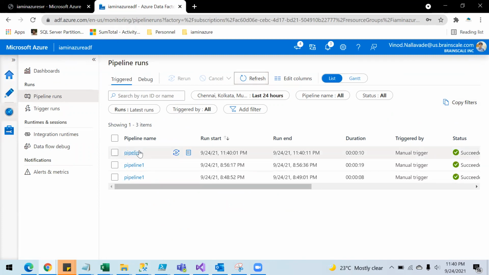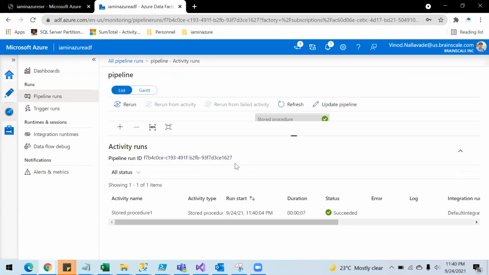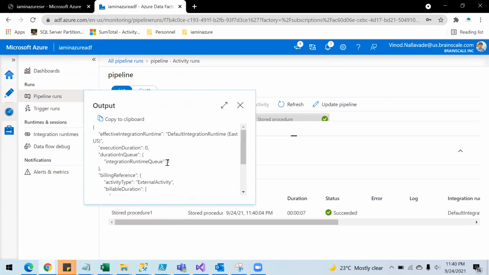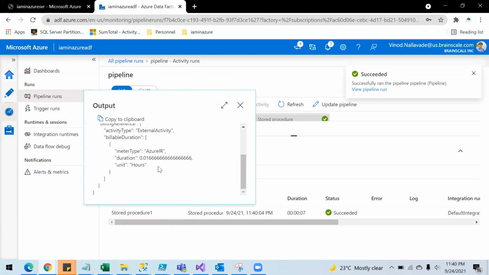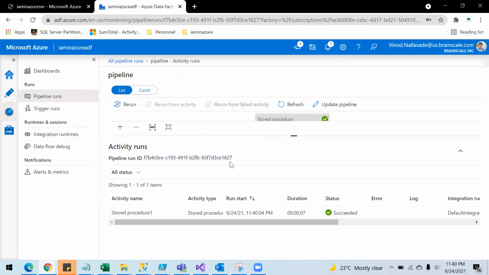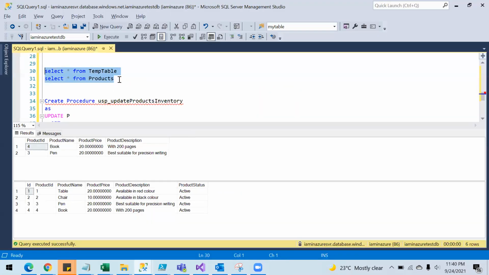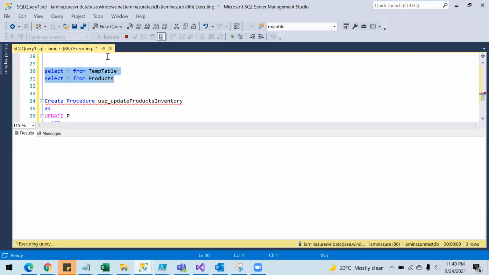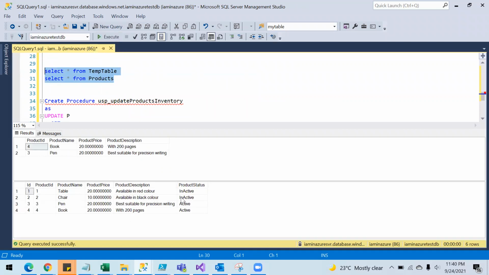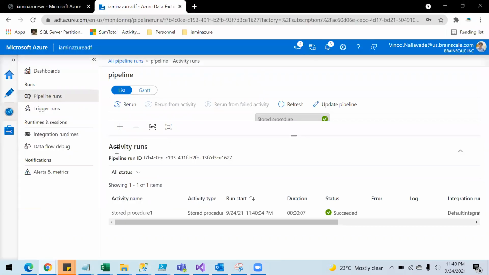Once this is done, you will see the status as succeeded, and here you will see some JSON response coming out from the activity. Let's check if the proc has really updated the data or not. When you refresh this, you can see the products are in inactive state now. So this is the idea.